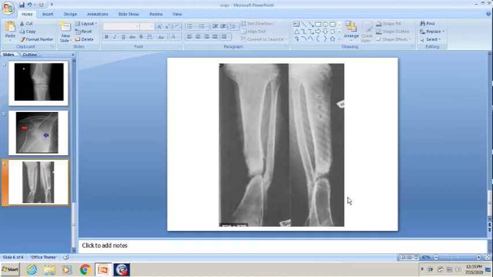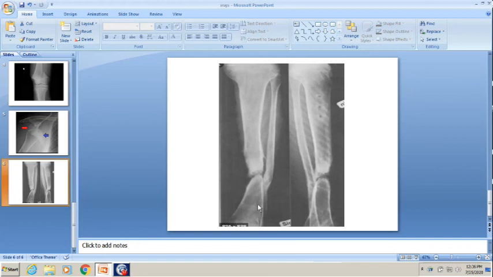Sir, head of femur. No, it is not head, it is neck of femur. Head of femur is a different issue. So in a neck of femur fracture we can say in 3 months that it has gone into non-union. So why